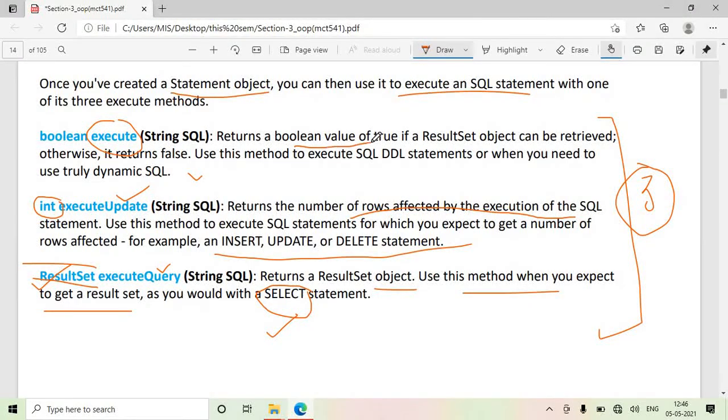It returns a boolean value of true or false: true if a result set object can be retrieved, otherwise false. Use this method to execute SQL DDL statements, or when you need to use truly dynamic SQL queries. So depending upon the type of query that you want to execute, you can choose either of these methods. Using the statement object, you can call either of these methods to actually execute your